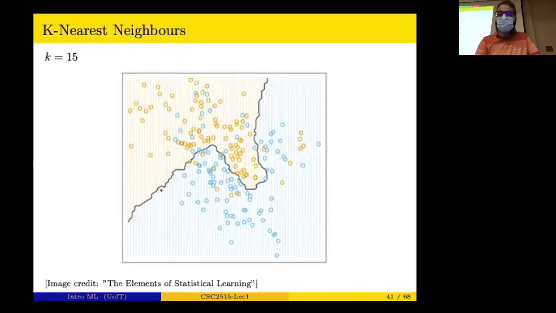There is a comment here that the boundary is only a line in 2 dimensions. But actually, this is 2-dimensional data, and the boundary is not a line. I think I know what you're talking about. There are methods that linearly separate the classes, and for those methods the boundary would be a line, but not for a method like K nearest neighbors.